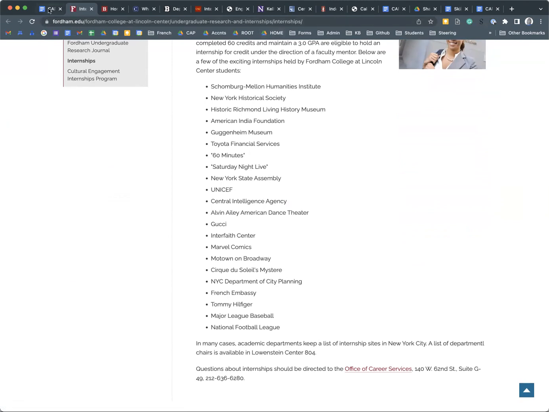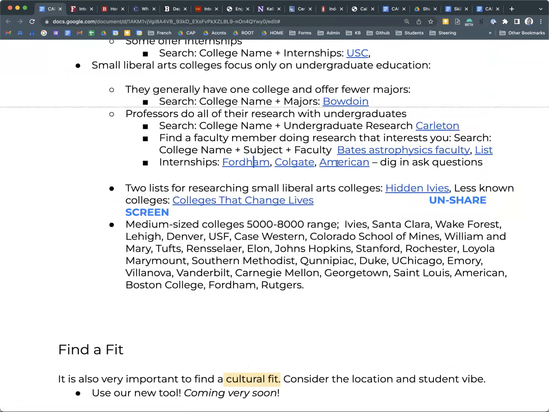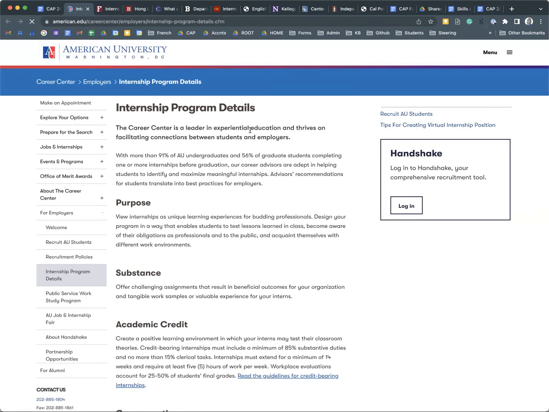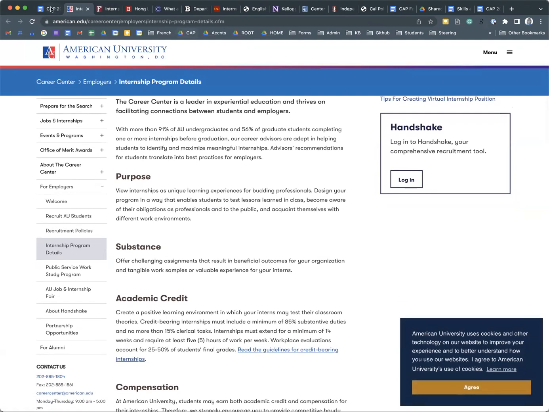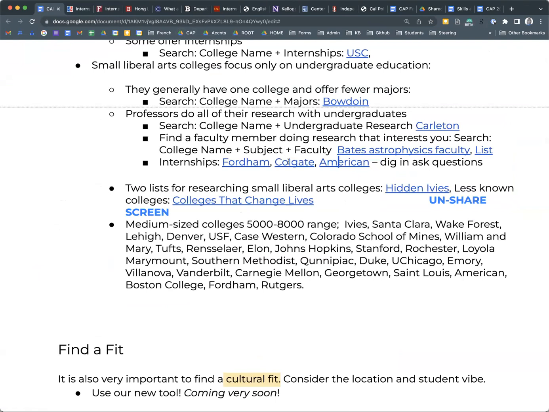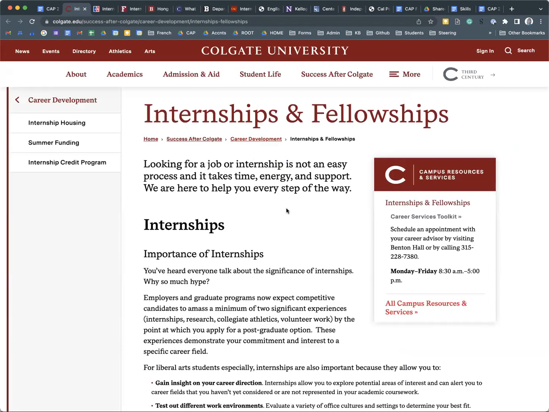Let's just look at another school so that you can get an idea of what this might look like. At American, you can go to classes in the morning and be doing an internship in the afternoon in DC. Very, very cool. They have lots of opportunities there. Colgate is kind of far away, and this is a school where if I was going to visit, I would want to find out.